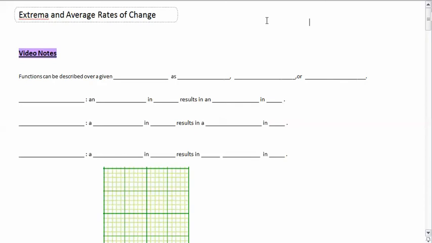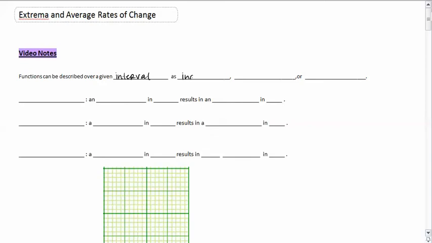Today we're going to talk about section 1.4 from your book, Extrema and Average Rates of Change. In the past we've talked about functions. You guys know about functions. We can do vertical line tests in order to decide whether or not we have a function. We can describe functions in other ways. So a function can be described over a given interval